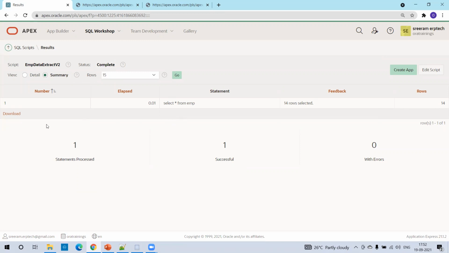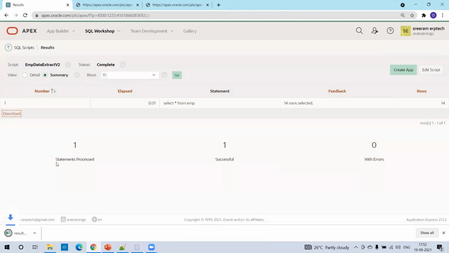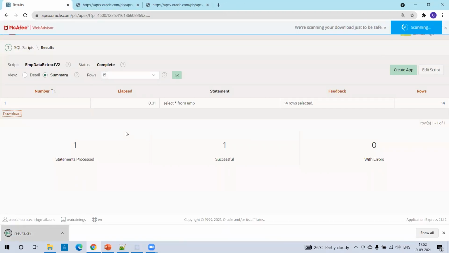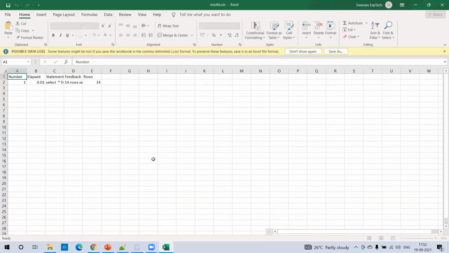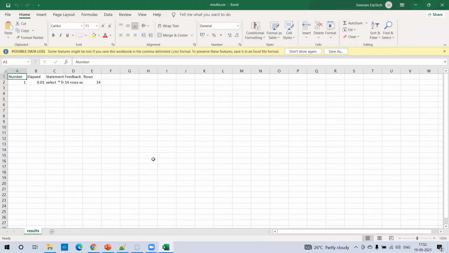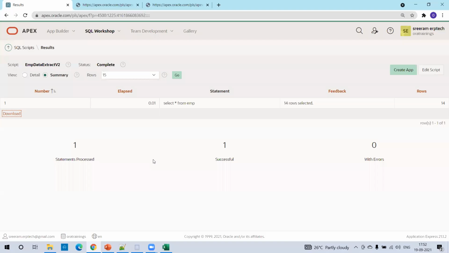And the script got executed, and you can just download the data. Okay, so here if you observe, in the SQL commands, when you execute, it just provides the data. It executes and provides a result saying whether the script got executed or not. That's it. So generally we use this for the purpose of uploading the data or uploading the database object, or extracting some data. In those scenarios we use it.